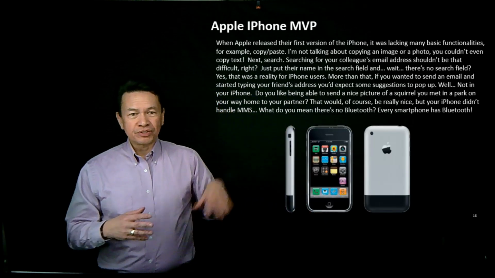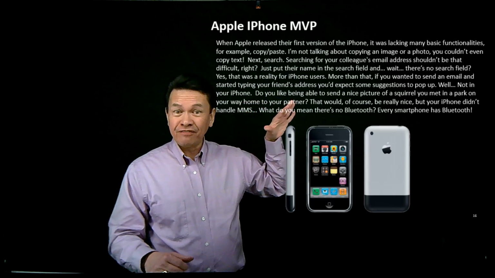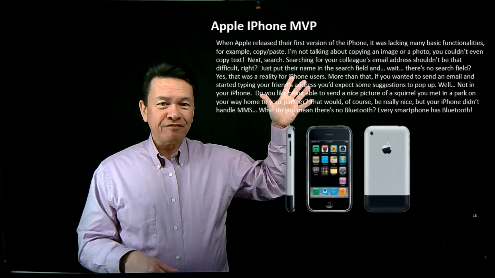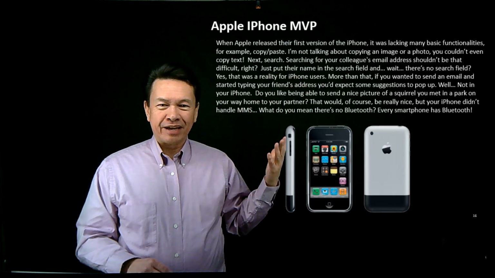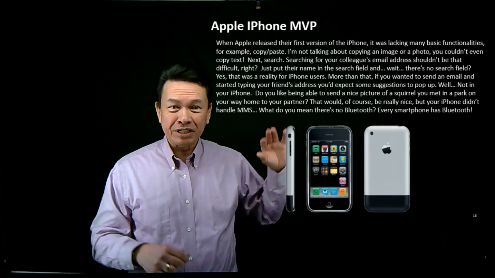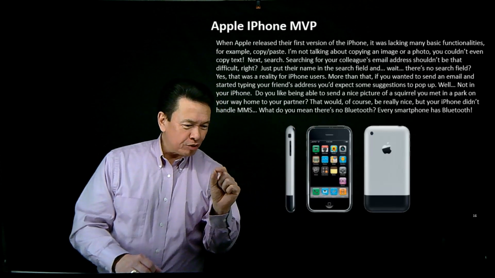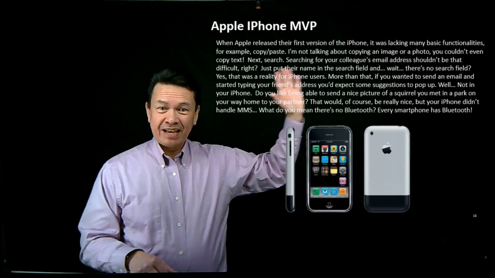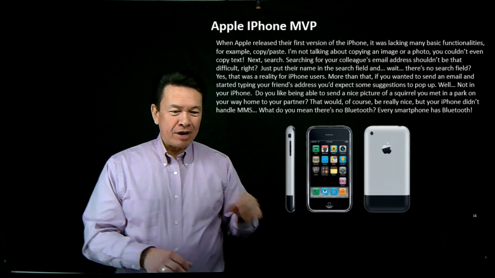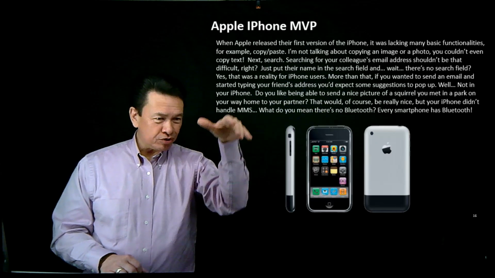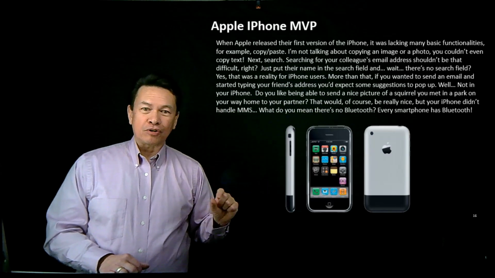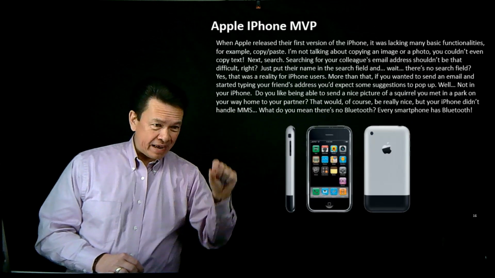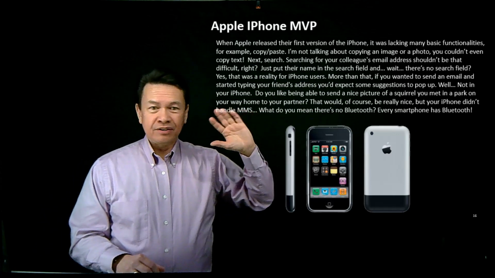And one of the ones that you probably know all too well is the iPhone, right? The first iPhone had texting, but you couldn't text pictures. Did you guys know that? It was only text, right? And you know that thing that we do where we sort of highlight something and we say copy and then we paste it somewhere? Didn't have that functionality, right? You know how you look in your address book and you start typing the first things and then a list of them come up in terms of who it could be? Like here are my A's, that start with these. That didn't have that function.